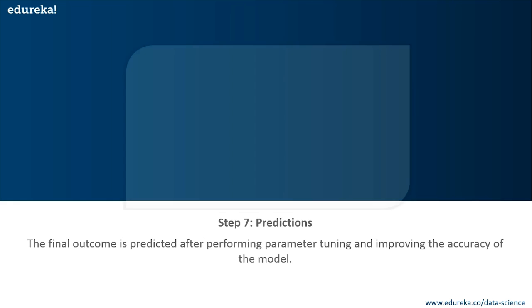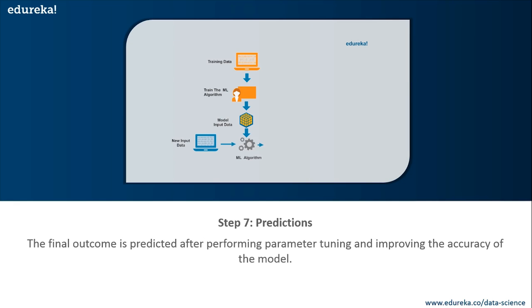This is followed by the last stage, which is predictions. So once the model is evaluated and improved, it is finally used to make predictions. The final output can be a categorical variable or it can be a continuous quantity. In our case, for predicting the occurrence of rainfall, the output will be a categorical variable. In the sense, our output will be in the form of true or false, yes or no. Yes basically represents that it's going to rain, and no will represent that it won't rain. As simple as that. So guys, that was the entire machine learning process.